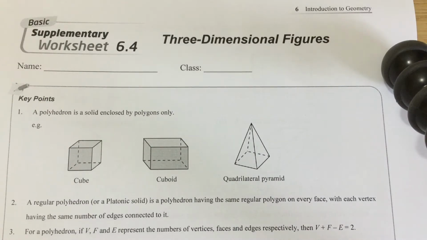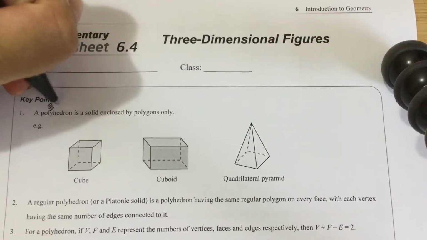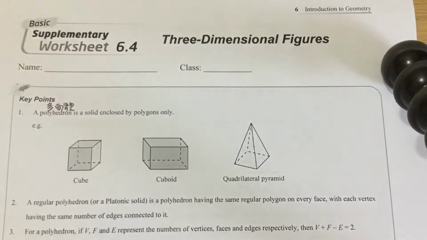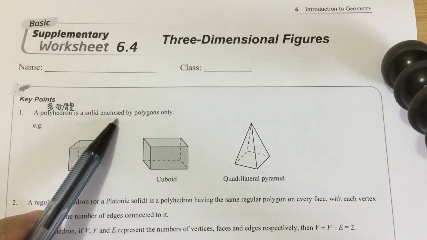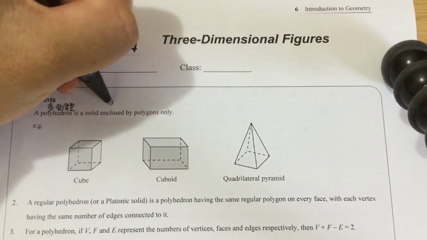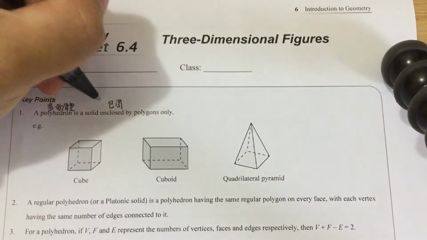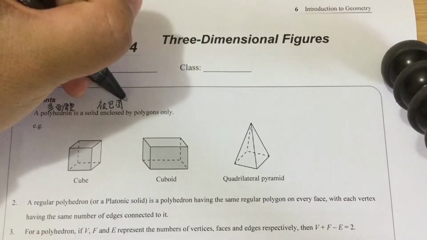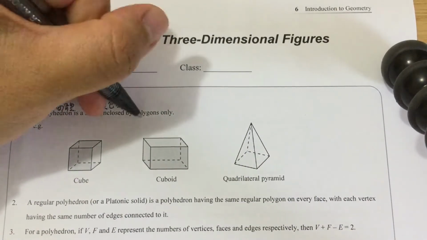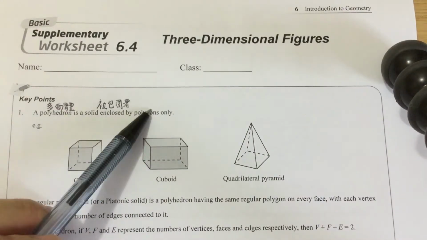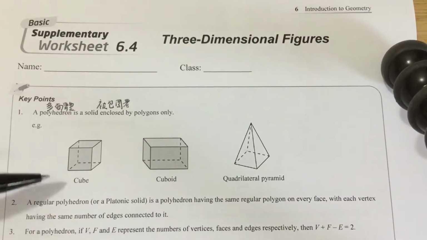Okay, now first, we are going to talk about the first word. It's called polyhedron. Polyhedron means 多面體 in Chinese. So it's a solid enclosed. Enclosed 即係包住. But you know that this one is the passive voice in Chinese. This one is called 被包圍着. And 多面體其實就係由一堆多邊形包圍住出嚟嘅圖形。